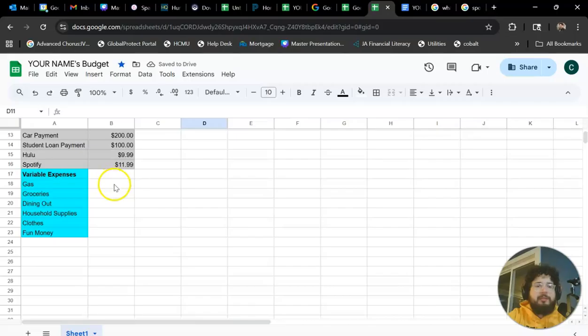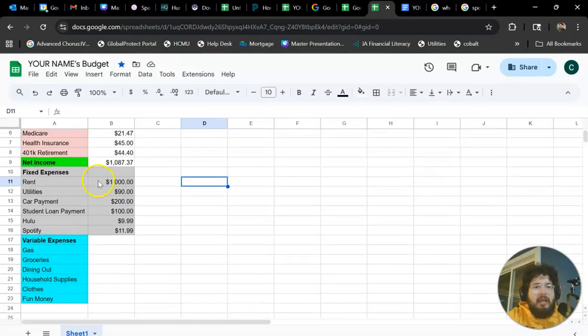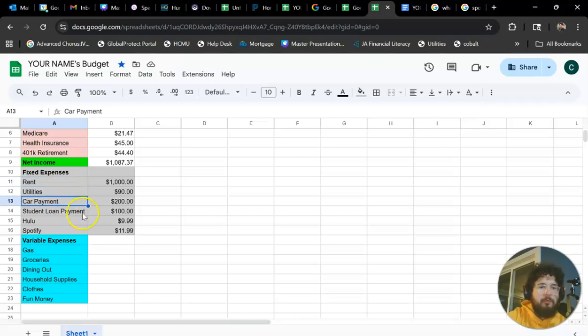Now, for variable expenses, this is where you get to do some thinking, okay? I pulled all of these, in theory, right from my electric bill, right from my apartment portal where I have to pay online, right from my car payment portal. These are all hard and fast numbers that I can't change even if I wanted to.